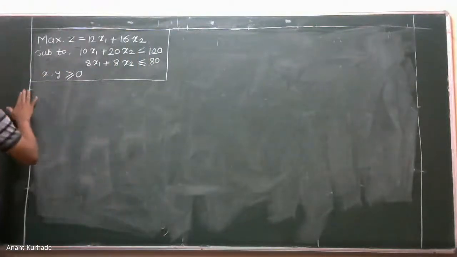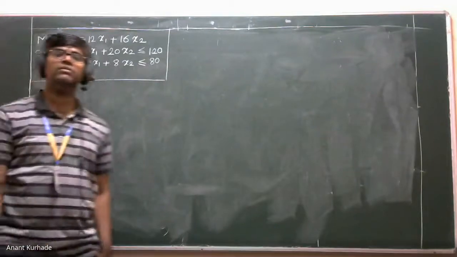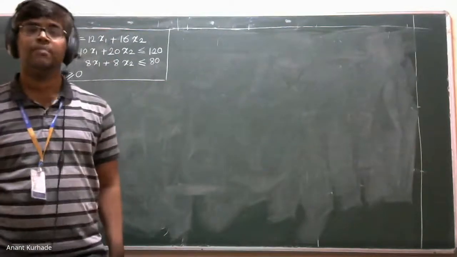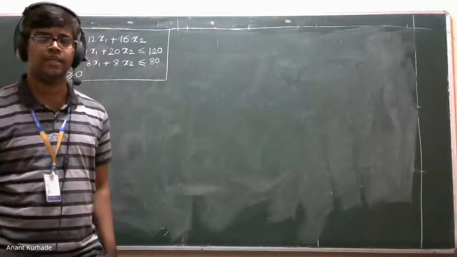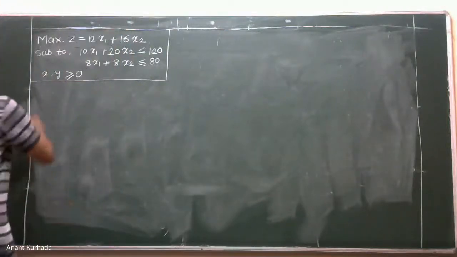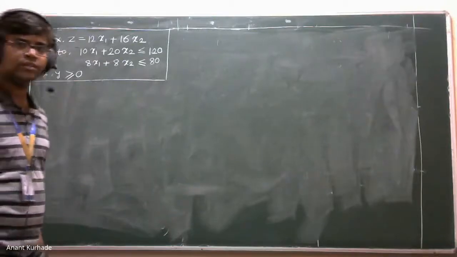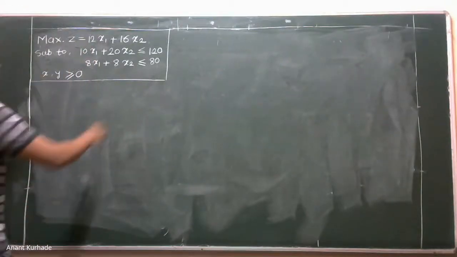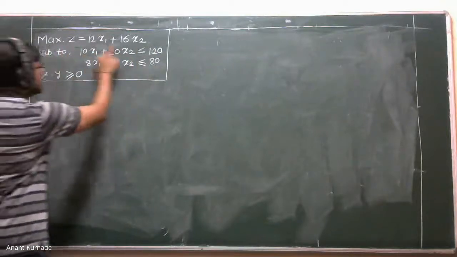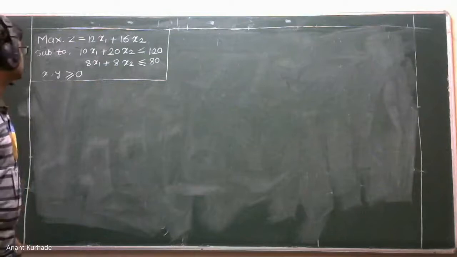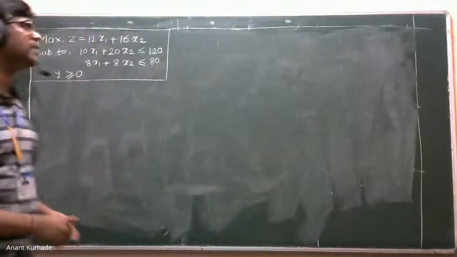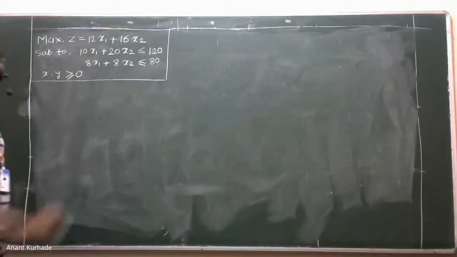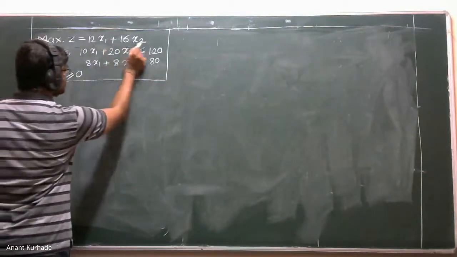Now, in our syllabus, we have only two constraints for the simplex method, not for graphical. We can have two, three, four constraints for the graphical method, but for the simplex method we have only two constraints. So, simplex method again. Try to understand this problem. Here, the first line: maximize z is equal to 12x1 plus 16x2. This is the objective function, or our profit function, profit equation: z is equal to 12x1 plus 16x2.